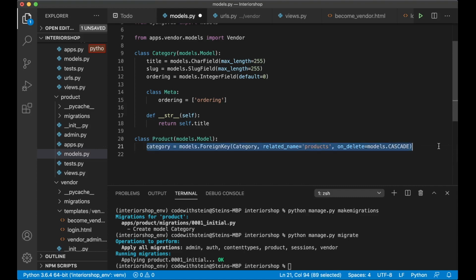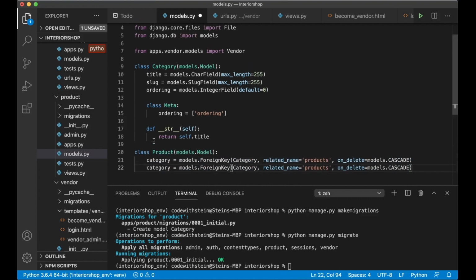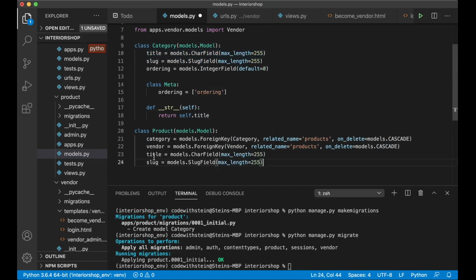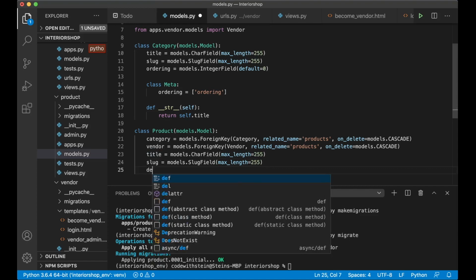Then I can copy this because I want the reference for the vendor, because we want to know who owns a product. So we just replace this with vendor and vendor. So now we can also get all the products belonging to a vendor very easily. And I can copy the title and slug field because we want the title and slug field for the products as well. I also want the description